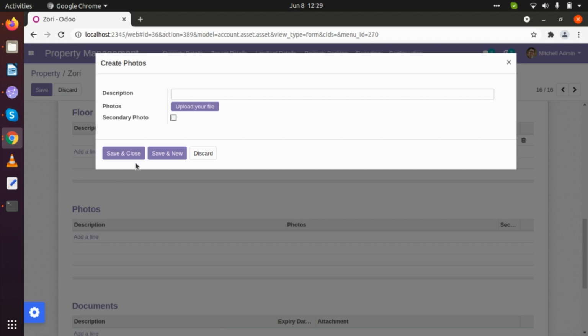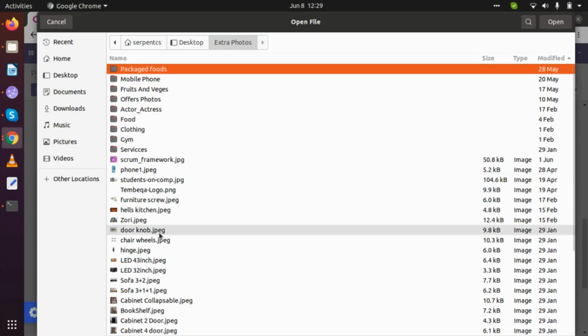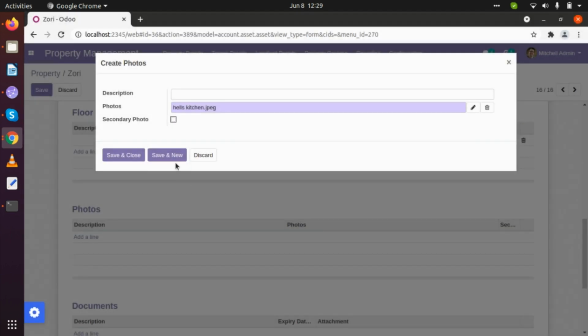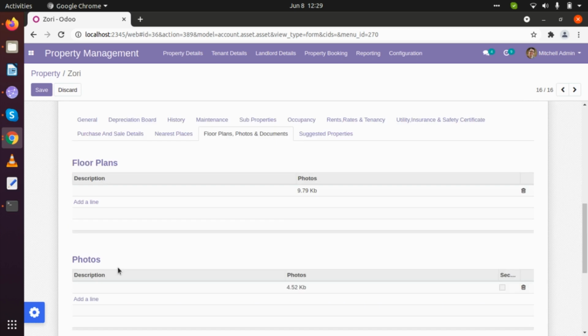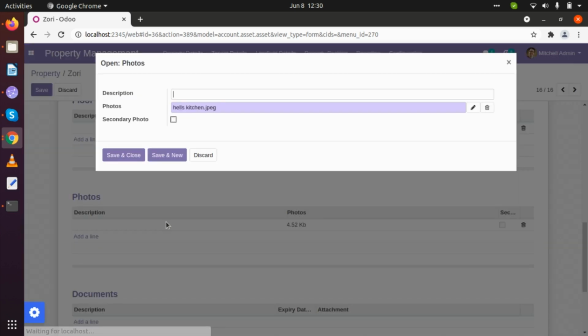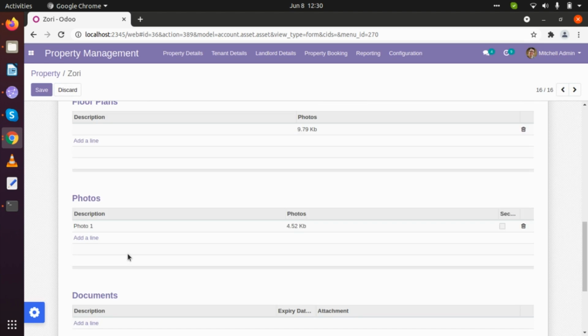In photos, let's add some other photos so that they will be directly available. If we want, we can add a description here of photo 1. So that will be shown here directly.